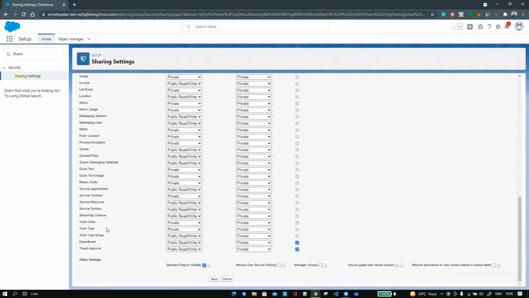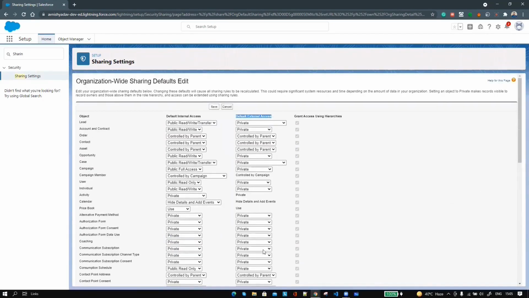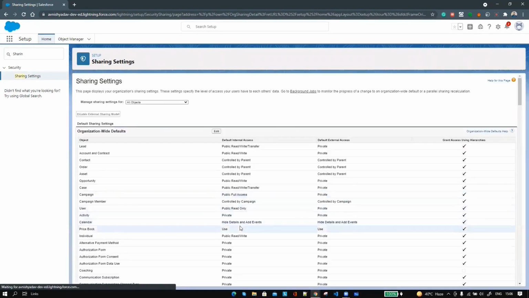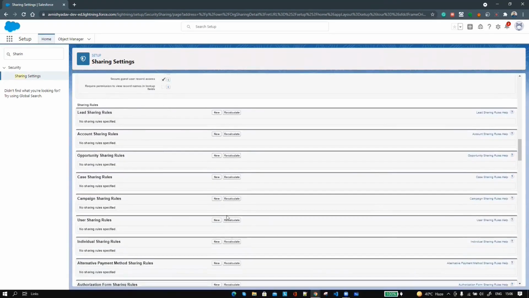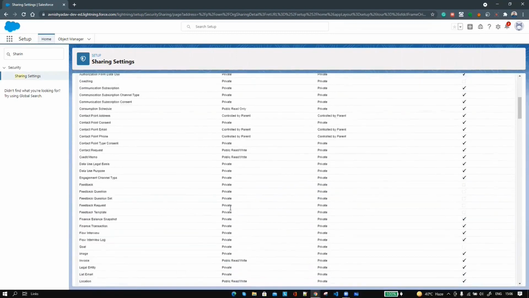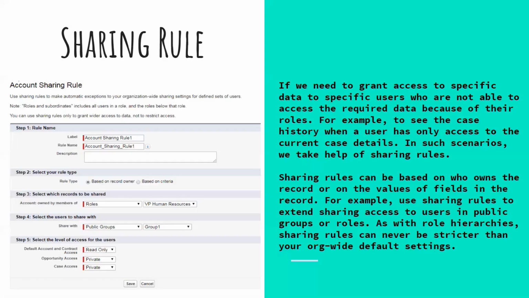Like you can see I have some objects, like work type, which is private. So what I can do is make that public read and write. The next is default external access. If you want to do that also, we can do that, but I will not suggest doing that, because if someone gets the API access for the external, they can also change things in Salesforce without having a Salesforce license. So we can leave it as it is, and while doing that, if you save that, then the work order will be available for every user in Salesforce who has permission to see the work order object. So you can see the work order type is changed to public read and write for internal user access. So let's move to our next topic, sharing rules in Salesforce.